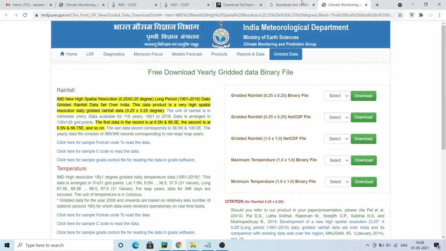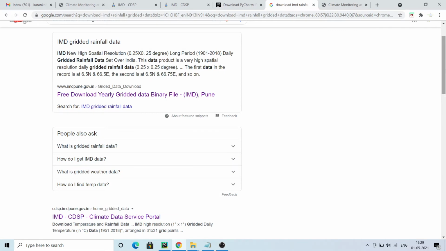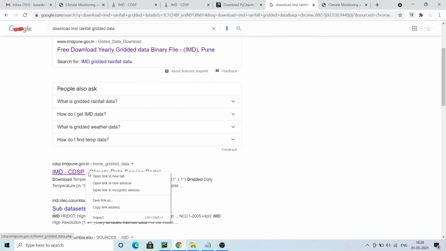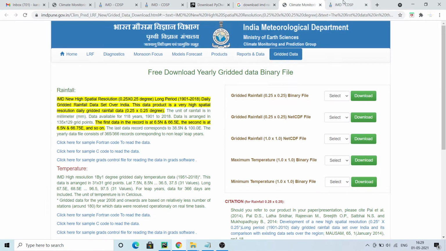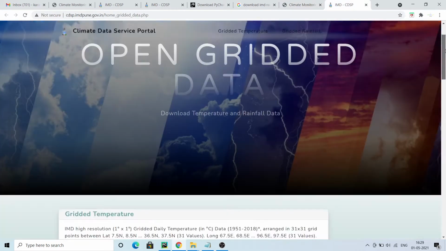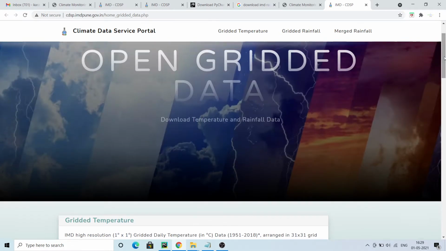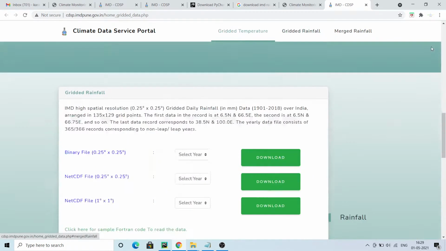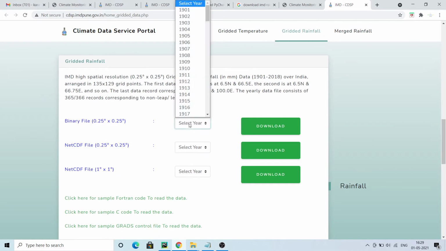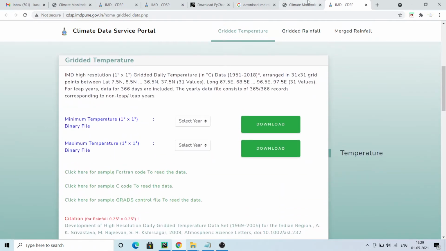Either you can download from here, or there is another link; from both the links the data is the same. So here also, if you go to minimum temperature, maximum temperature, there is the option of year, and if you go to gridded rainfall, sorry, year is there. Rainfall is 0.25 degree, and temperature is for 1 degree resolution.